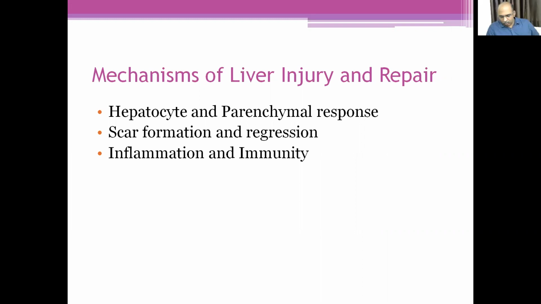And so usually when there is an infection, acute viral infection or whatever it is, programmed cell death, apoptosis, will happen. Then some of the hepatocytes may undergo necrosis and they are completely removed from the liver. Because of that, a lot of hepatocytes will be gone, and only a few will remain. Those remaining hepatocytes after that acute infection may undergo mitotic division and regenerate the liver. So the regenerating capacity of the liver is so high.